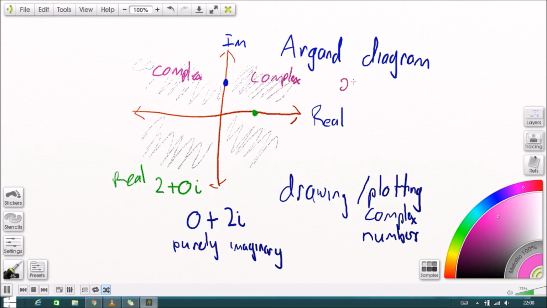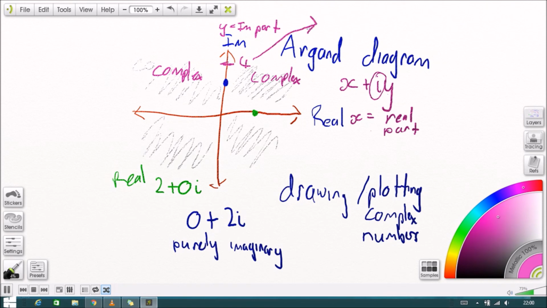So we write this often as x plus iy, which means i times however many imaginary parts you have. So y is the imaginary axis and x is the real axis. So for instance, the number 4 is 4 lots of the number i, or 4 lots of